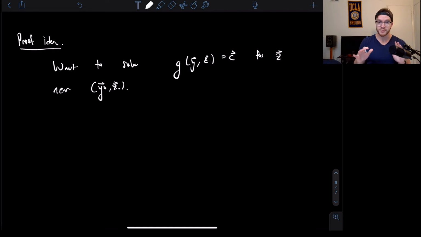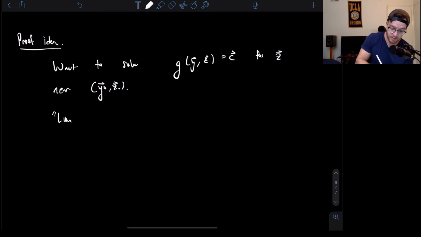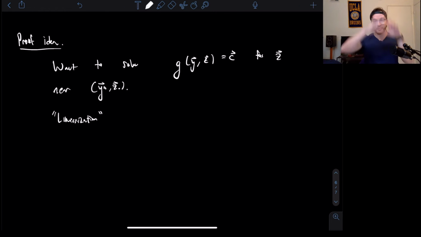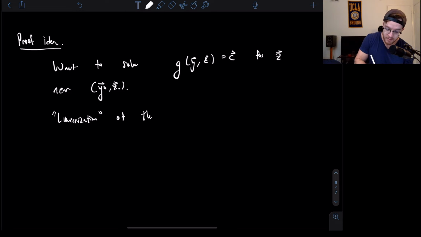So instead of trying to solve the nonlinear problem, I'm going to linearize. I'm going to consider the linearization of this problem at this point. So the linearization, where I'm using this word very imprecisely, of my problem at my given point